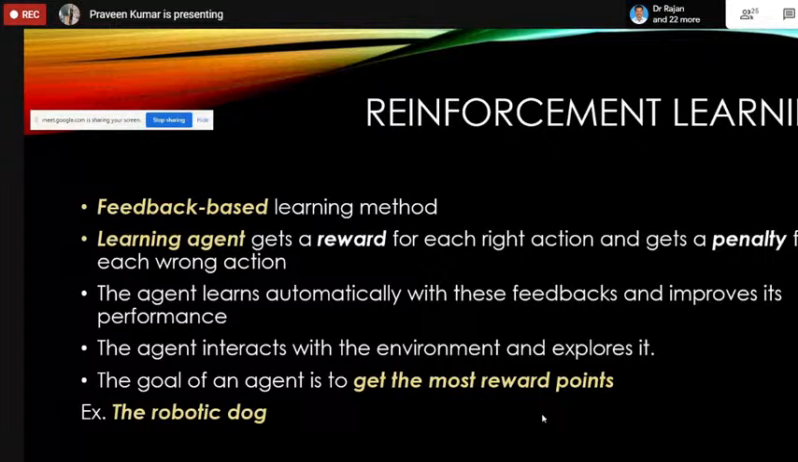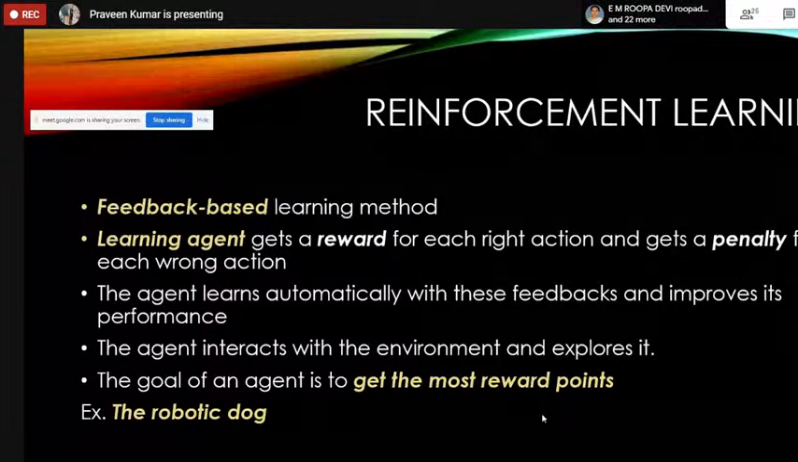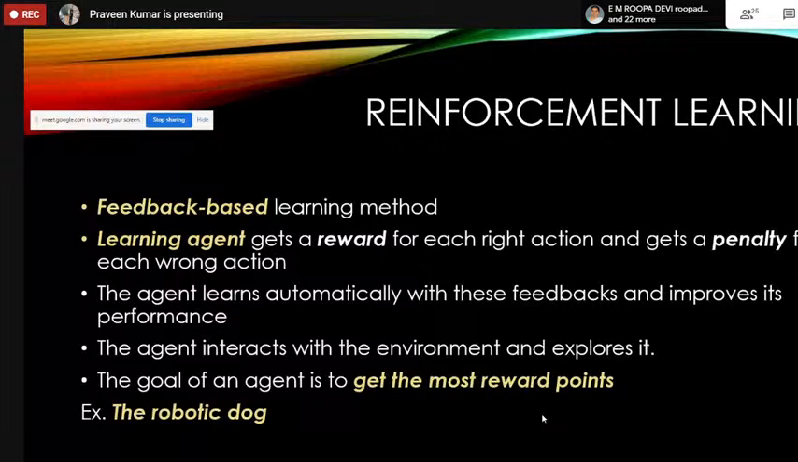As I said, reinforcement learning is not kind of supervised or unsupervised. Rather, in reinforcement learning, the entire simulation environment or the real environment is given to the agent. The learning agent will play with the environment, and from the environment it will